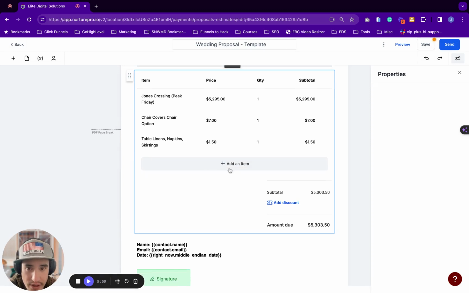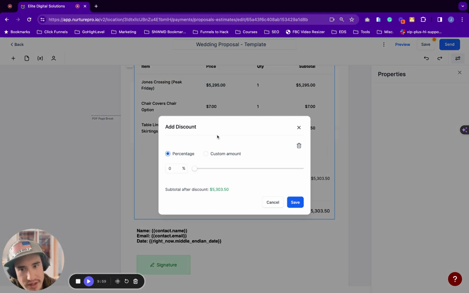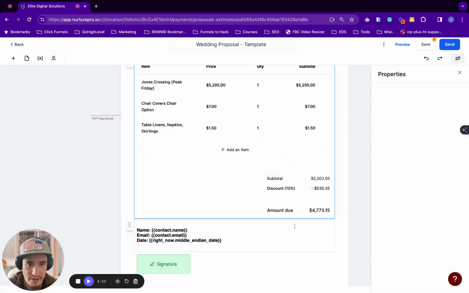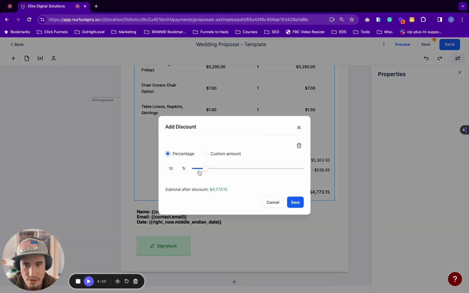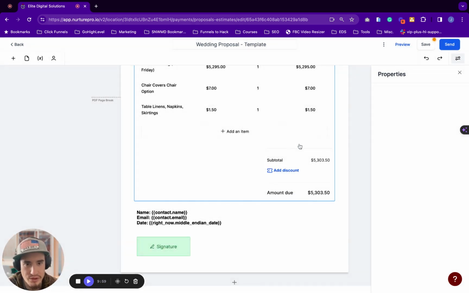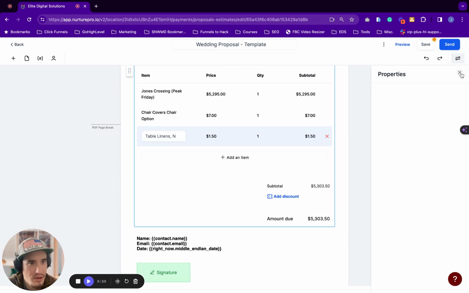So there we've added in products, and then that will give us a subtotal. If you want to add a discount, you can choose what kind of percentage discount. You can do a custom dollar amount discount if you want, and that will just apply it to the total. So if we do like a 10% discount, it'll automatically figure that in to the total for us. Put the discount at 0, or we can just delete that. And then if you want to add a tax, what you can do is